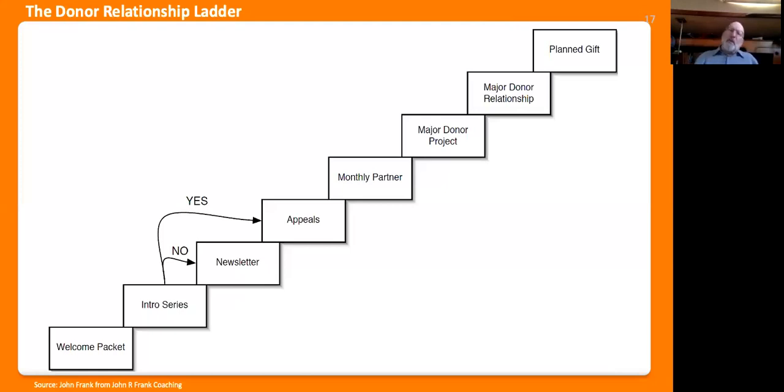Do you treat them as a monthly partner? Do you treat them as a major donor? Here comes the consulting answer, Andrew: it depends. What you do is you get to know them. You may find someone who owns a company, is really wealthy, but through their family giving, they're doing $150 a month to help the homeless or sponsor a child in a ministry. Now, they may give you that $100 a month, but their company might be giving you $5,000 every December. You see, you might have the same family, but have different motivations.